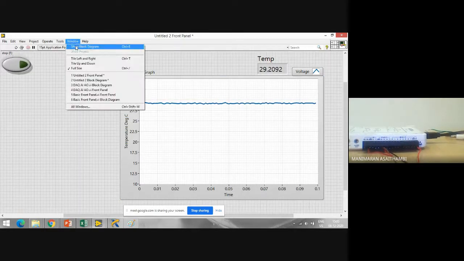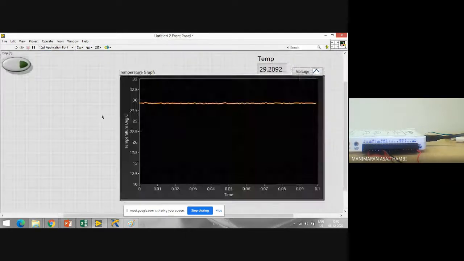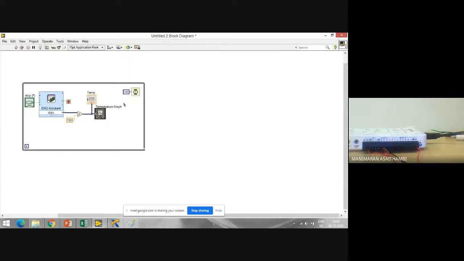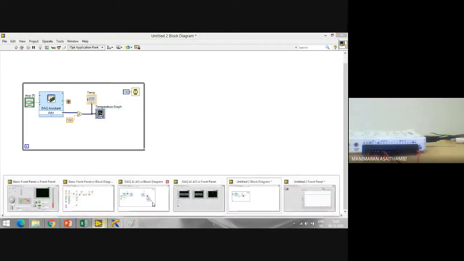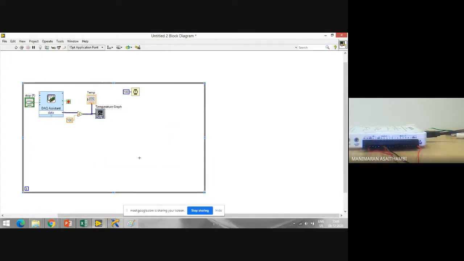So now this is a data acquisition part. We acquire data, we process something, and we display it here. Now I have a buzzer with me. I want to test whether this buzzer can be used for a purpose here. Any temperature variation beyond my threshold will be communicated to me.